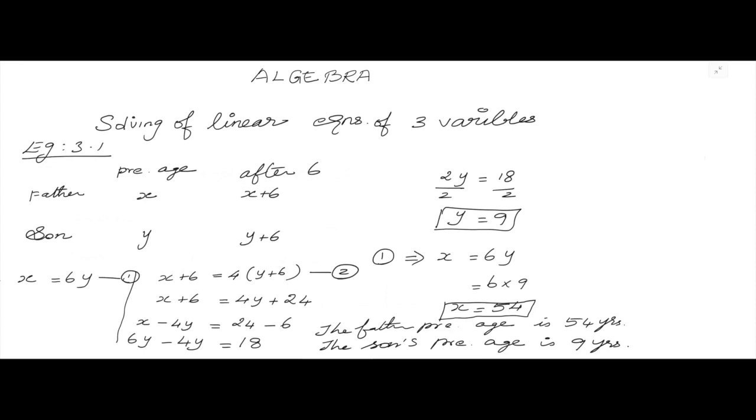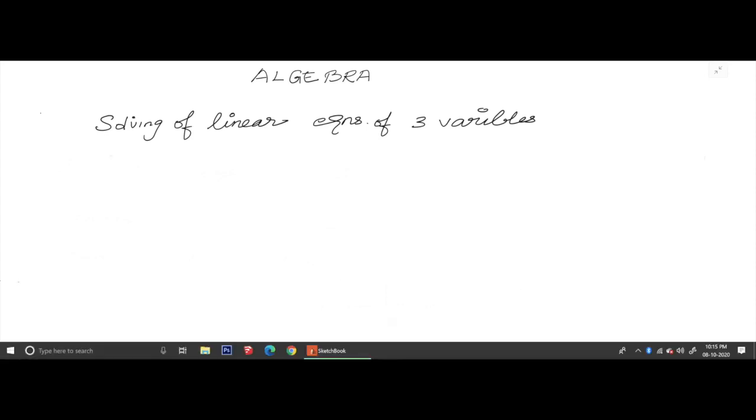Can you work it out or do you want me to work it out, ma'am? 3.2. Okay, I'll do it. Yes, next example. 3.2. You are asked to solve two equations. What are they? 2x minus 3y is equal to 6. Have it as equation number 1. And the next one is x plus y is equal to 1. Have it as equation number 2.